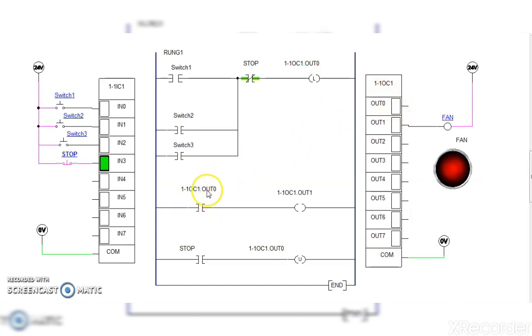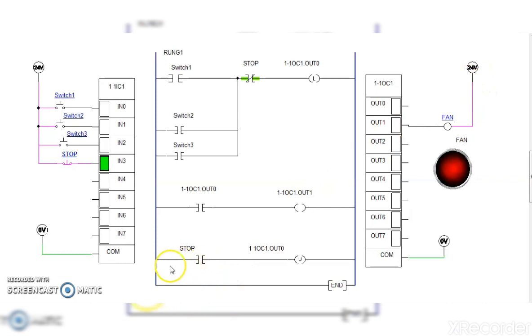Out 0 is shown as one normally open switch. When this gets energized, this switch will get closed, because all the switches with the same numbers are the same. This switch will give output to out 1, means it will get energized, and out 1 is nothing but connected to the fan.